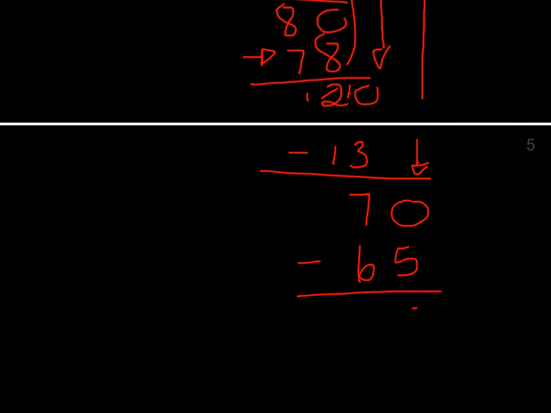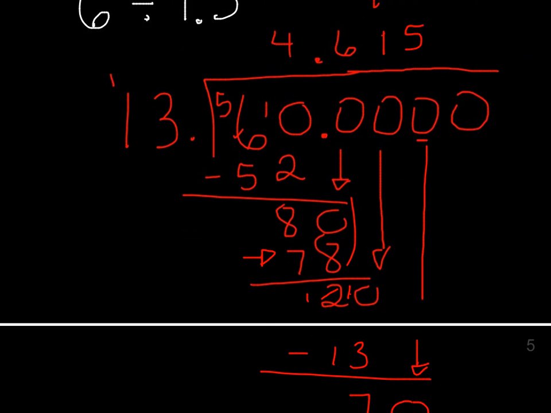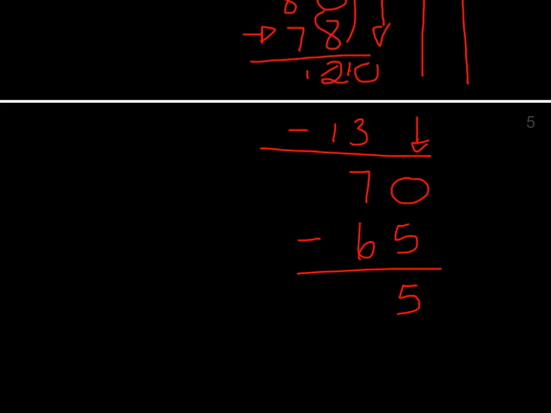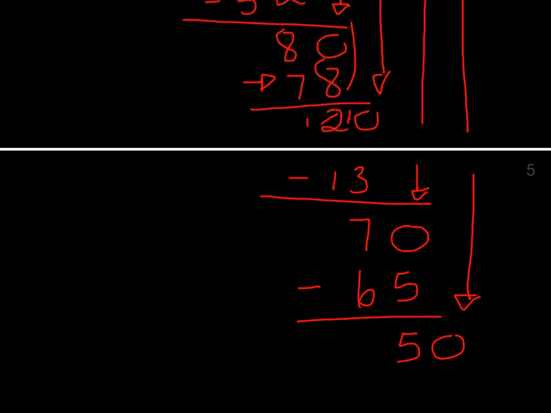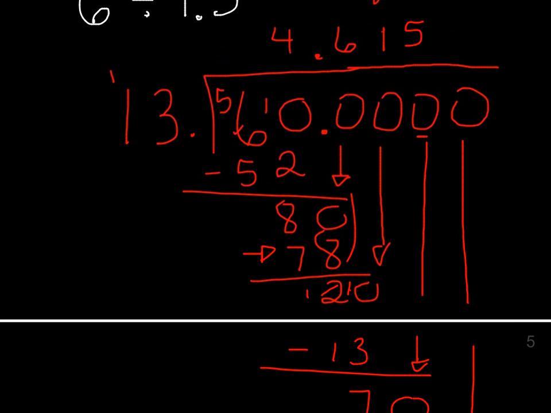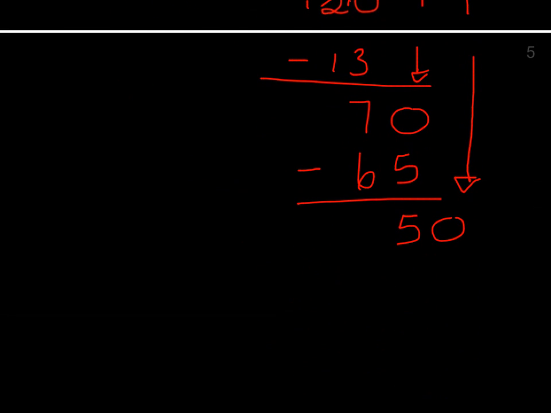And again, we're waiting until we get to that last 0 that we already started with. So I'm going to drop this last 0 down, and then once I have this, I'll be able to round regardless of what my remainder is. And 13 goes into 50 3 times. 4 was 52, so it won't go 4 times. And 3 times 13 is 39. I do have 11 left, but again, it doesn't matter what's left because I have now rounded to the proper